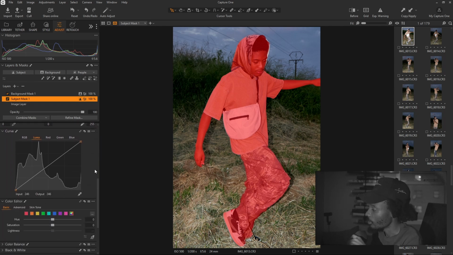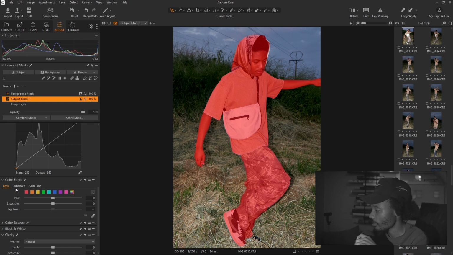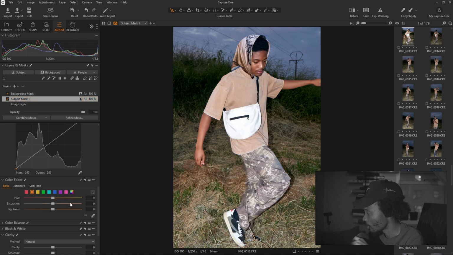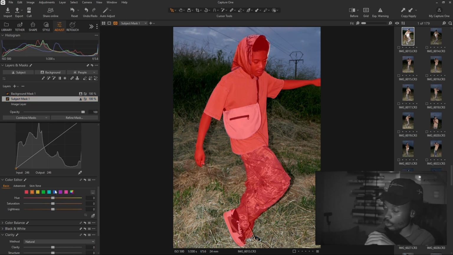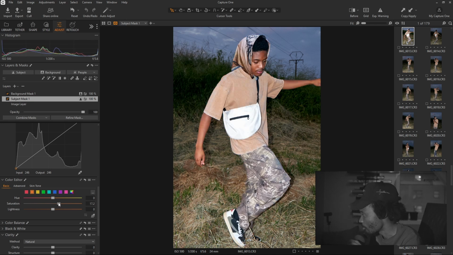What I'm going to do is I'm going to go all the way down to the colors. This is where you can manipulate single colors. So what I'm going to do is go to the orange color, because our skin tone is usually around the orange colors. So what I'm going to do is increase the saturation a bit,